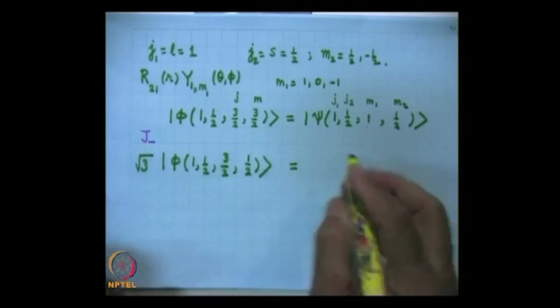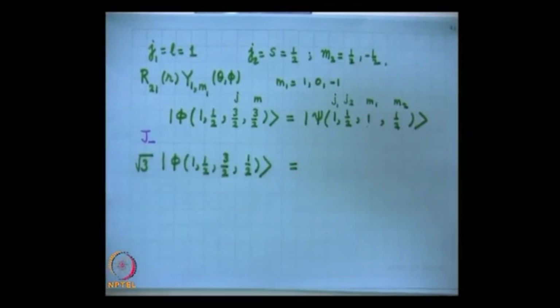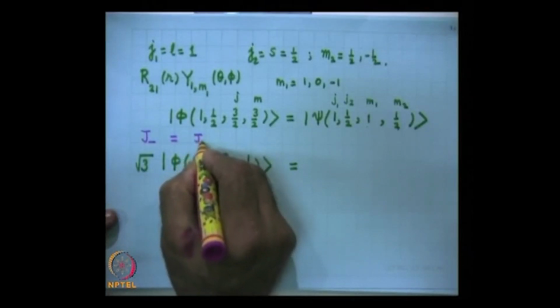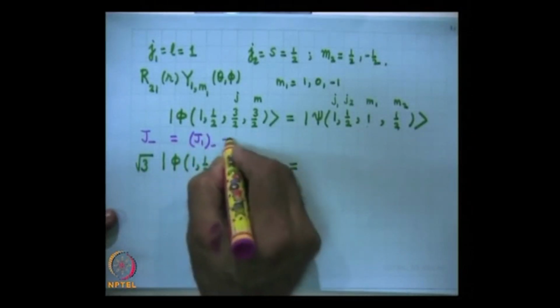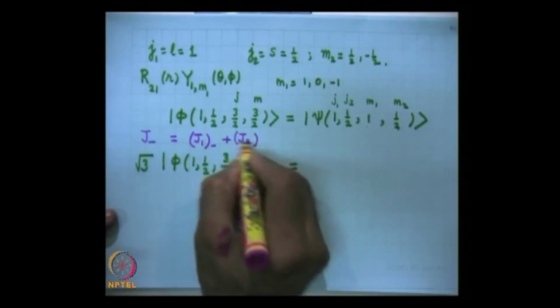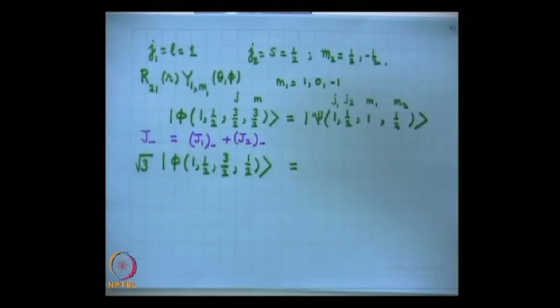So, J minus on the right hand side, I operate this by J1 minus plus J2 minus. So, I will have,